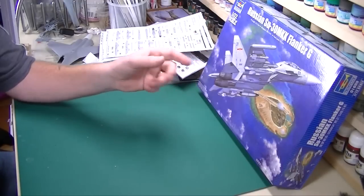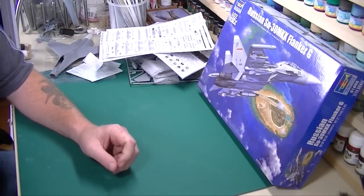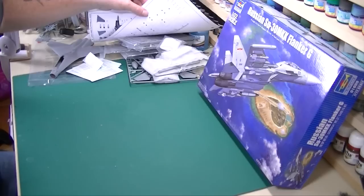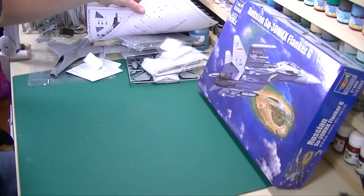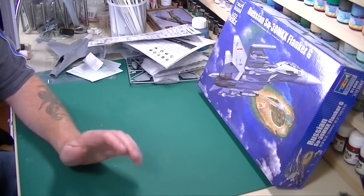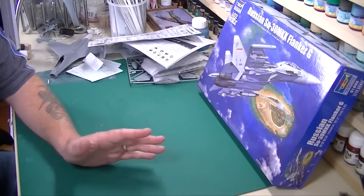So that's the Russian Su-30MKK Flanker G in 1/72 scale from Trumpeter. As you can see, there's a lot of kit for your money. I flashed up the price already. I think it's around 20 quid if I remember rightly. You do get a lot of kit for your money, and it's a definite recommend for me. And I'm going to say a very rare